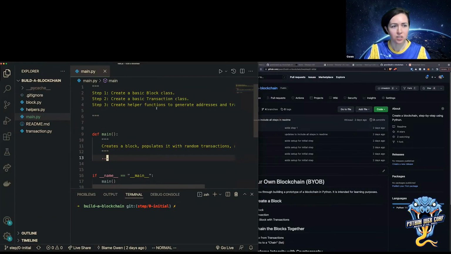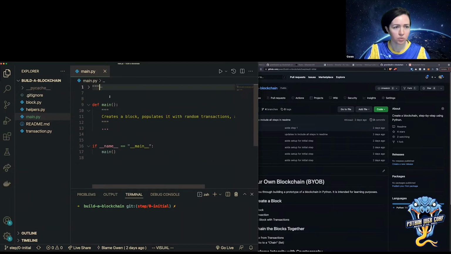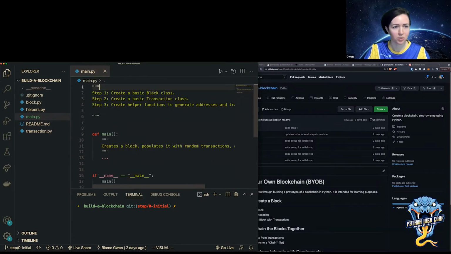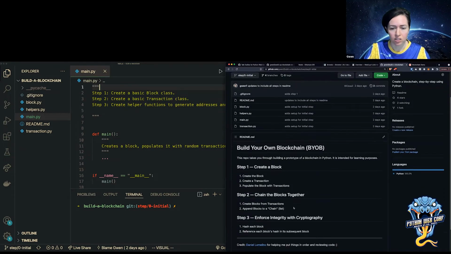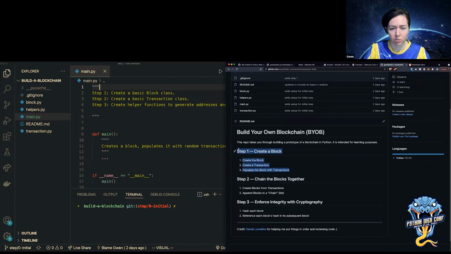So I have this repo locally on my computer. This is on branch 0, and I'm going to go through these steps to basically create blocks and transactions. And then in the next branch, I'm going to chain the blocks together, and then I'm going to add cryptography.